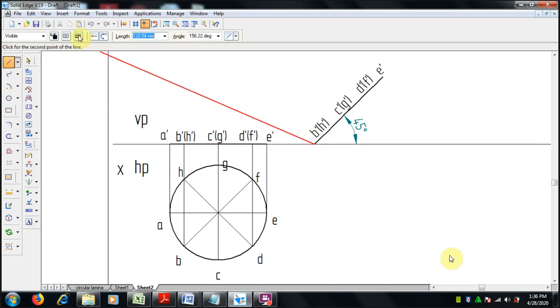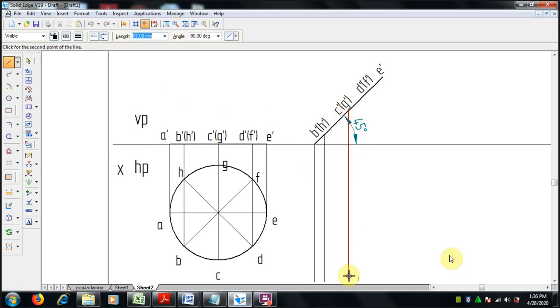The projector lines, first A, that is the first point. We have to make it a 0.13 mm thickness, and from B dash, H dash, C dash, G dash, D dash, F dash, and E dash.